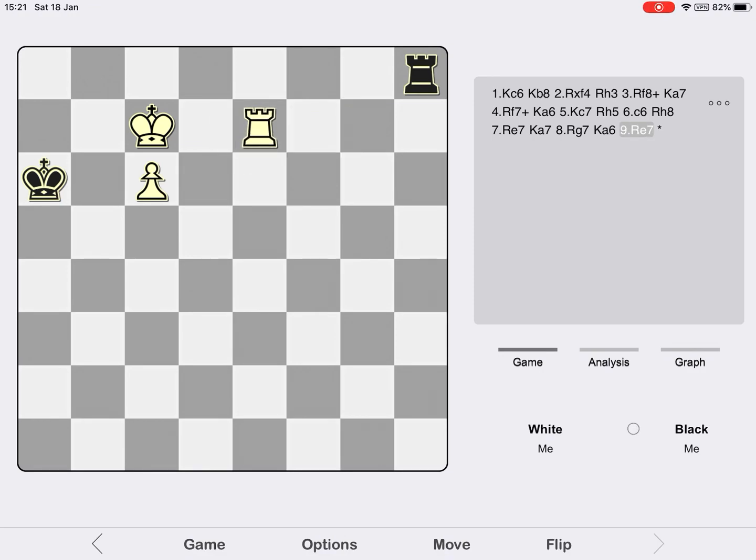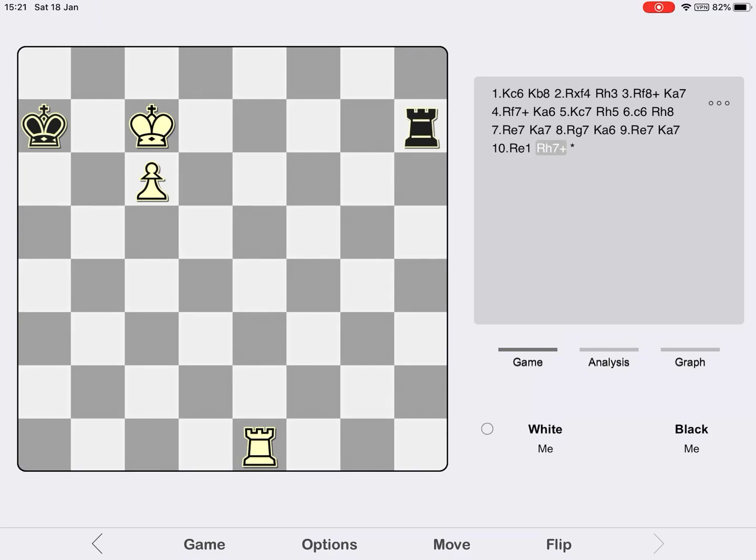And after rook e7, king a7 brings about a repetition of a position that's already occurred on the board. So white can try another tactic from here. Last time round he played rook g7, but he can play instead the move rook e1, threatening the check rook a1. So black has to do something about this, but the remedy is to hand. He can start these lateral checks from distance. Rook h7 check,